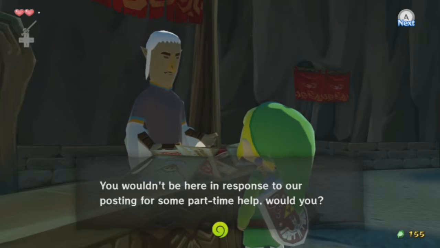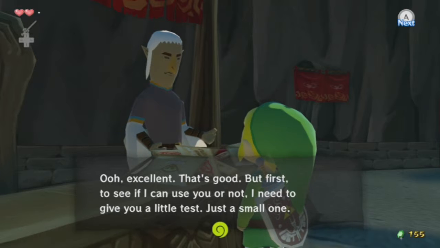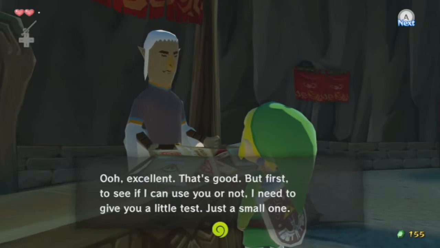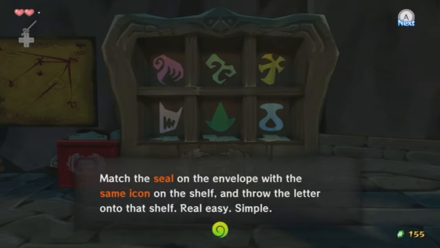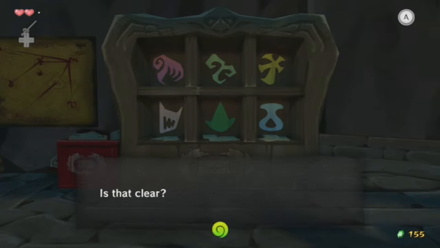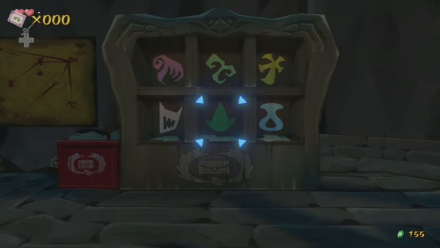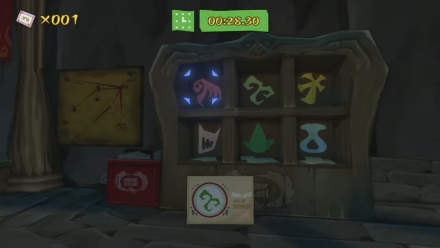Response to our posting for some part-time help with you. Sure. But first I need to see if I can use you or not. I need to give you a little test, just a small one. Match the seal on the envelope with the same icon on the shelf and throw the letter onto that shelf. Real easy, simple. Press A to throw a letter. Is that clear? Yes. Before time runs out, you have to sort at least 10 letters. Alright. I'm kind of rusty on this, but I really want to...